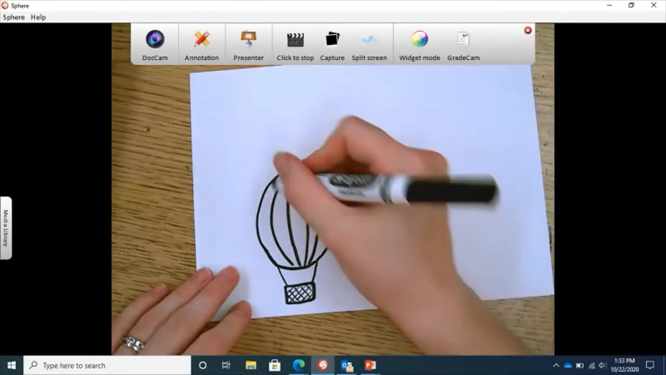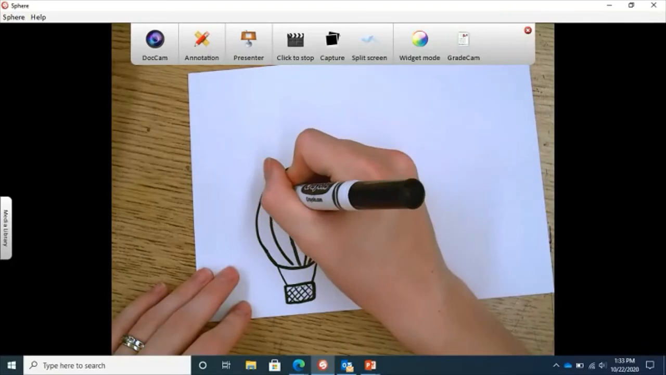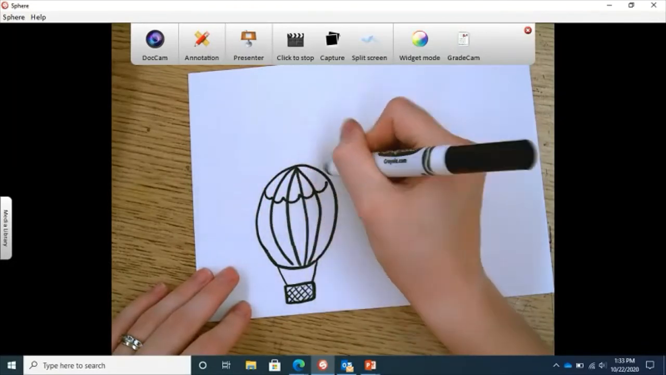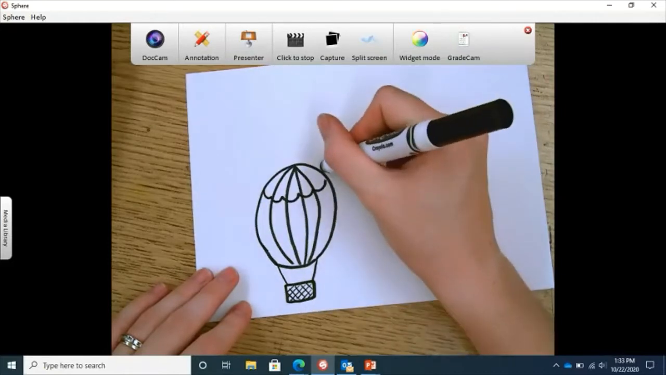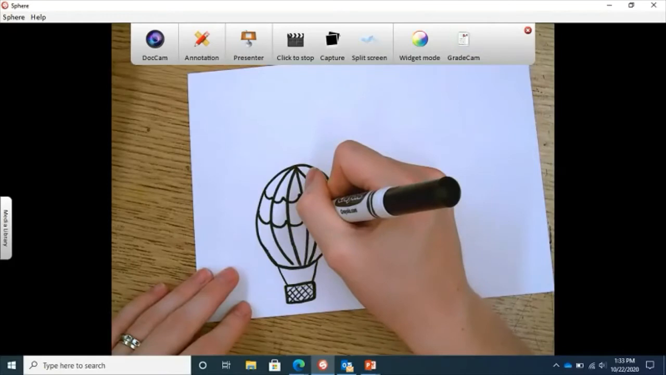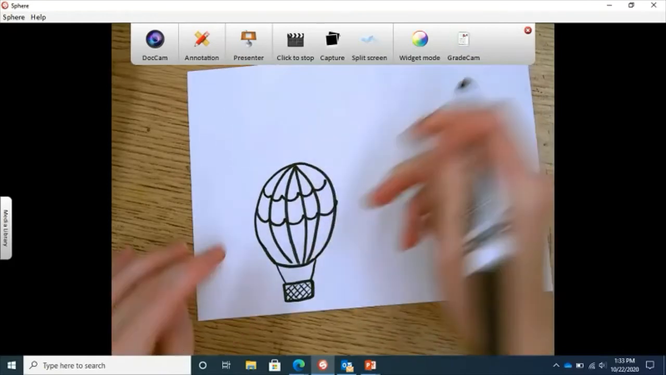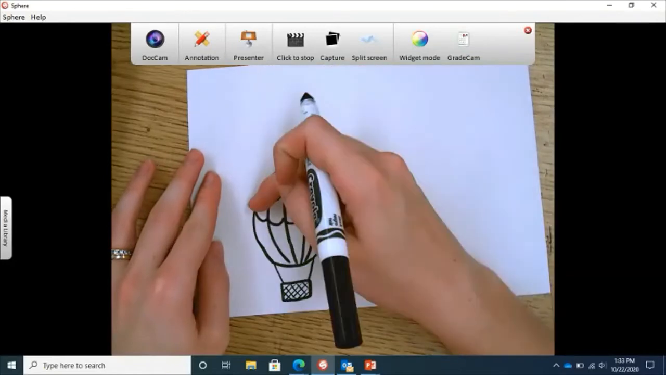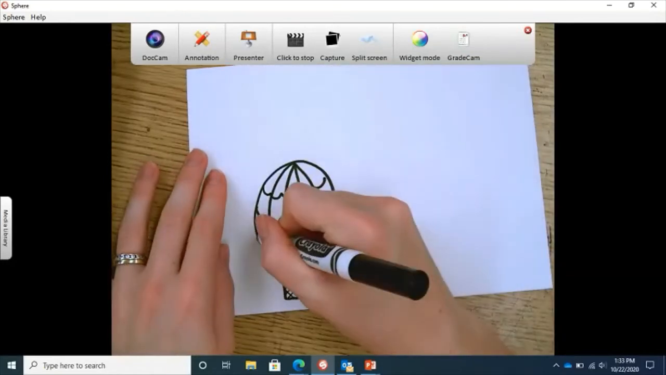And if you want to do some other designs on your balloon here, you can do that. Remember that they should wrap around in a bit of a curve, not straight across, because we want our balloons to look rounded. So that line is going to curve down just slightly to go with the curve of that